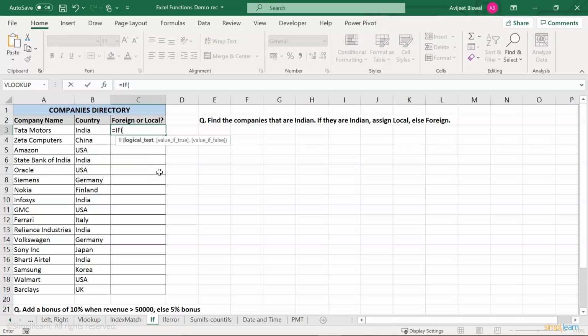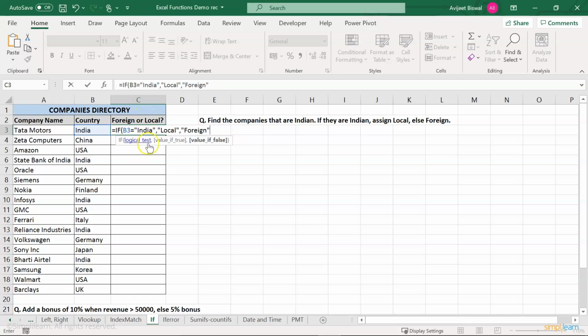First, it is asking for a condition, that is the logical test. I want to see whether the value at B3 is equal to India, and if it is India, I'll assign the value if true, that is local, else if it is not India, we'll assign foreign.